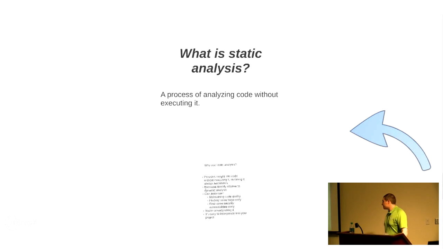What is static analysis, right? It's a good question. It's a process of analyzing code without executing it. So when you look at code, it's just text in a file, obviously encoded, and you can take a look at the code without executing it and glean information from it. Just like a compiler or an interpreter, you can figure out things about the code, about a function, the inputs of the function, even determine some of the execution paths in the function in your code to determine bugs prior to running it, or other things such as